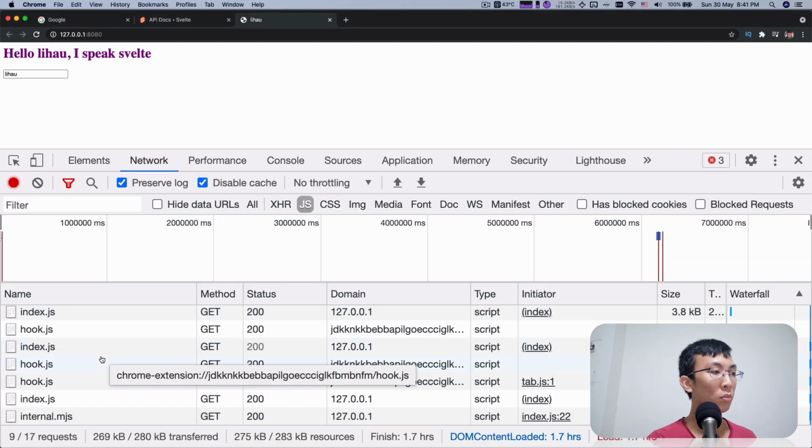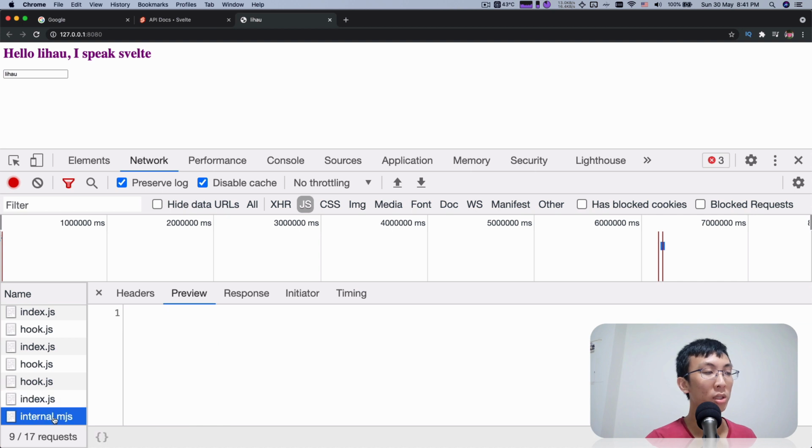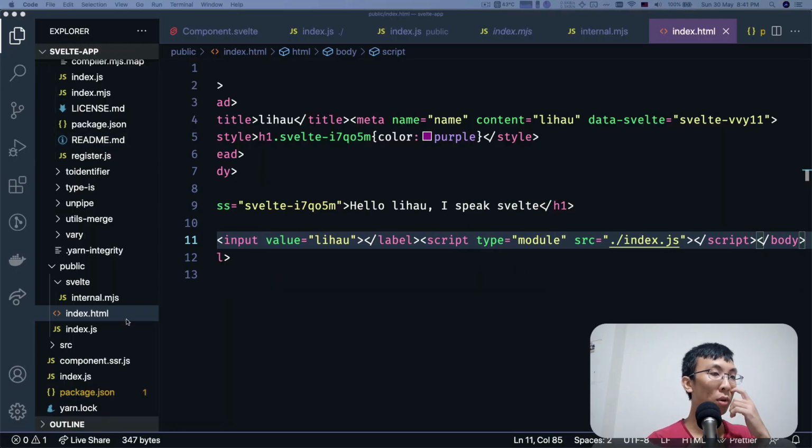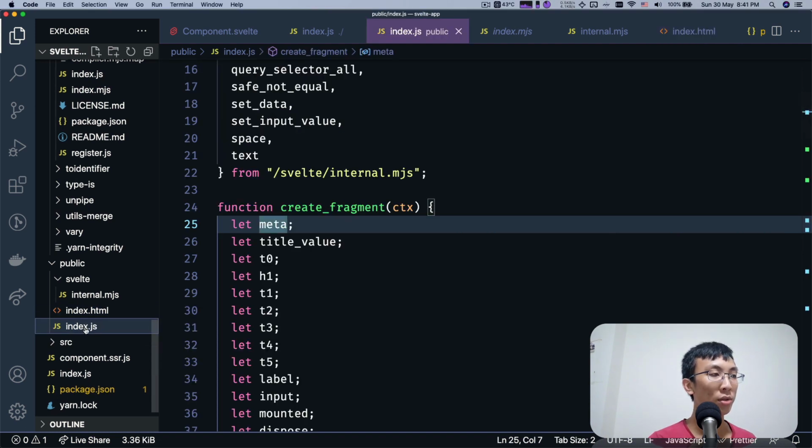Okay, in this case, we loaded index.js as well as internal m.js, right? So everything is loaded. But if you try to run, nothing happened yet, right? So what's the problem now? The problem is we have this component, we loaded, but we haven't really used it, right? Recall the client-side component API where we actually import this component and then we instantiate this component, right? So what I'm going to do now is I'm going to move this index.js file into